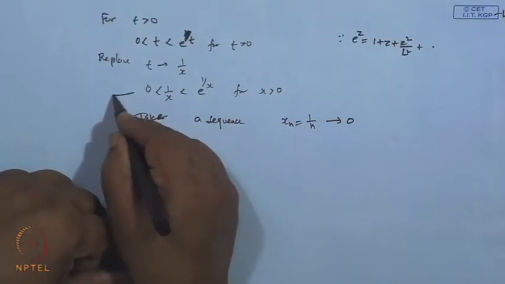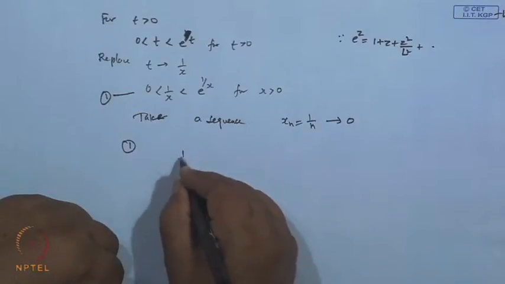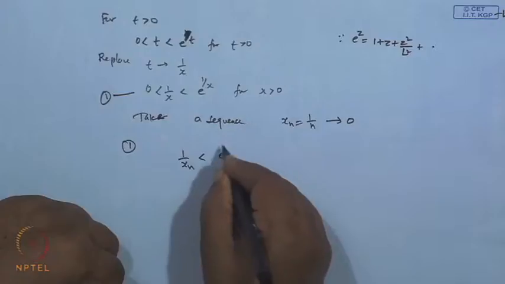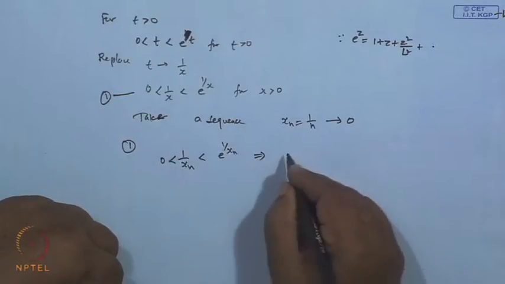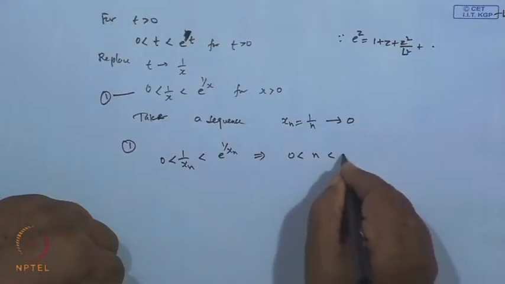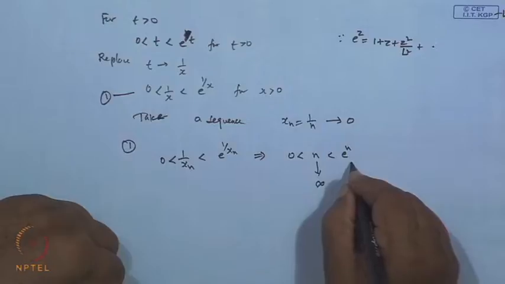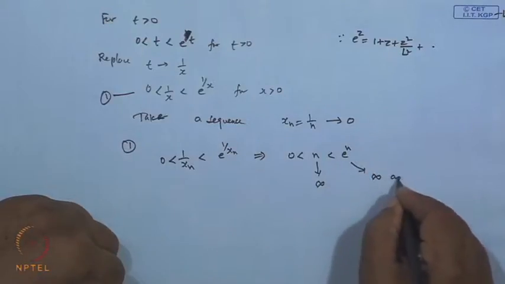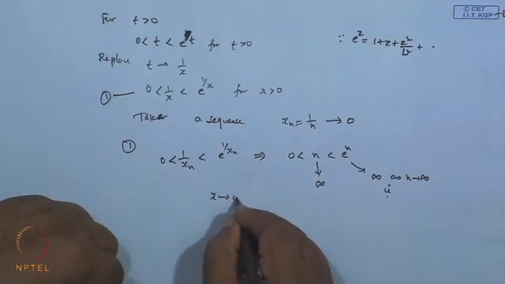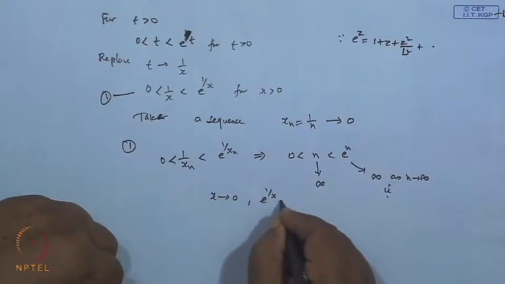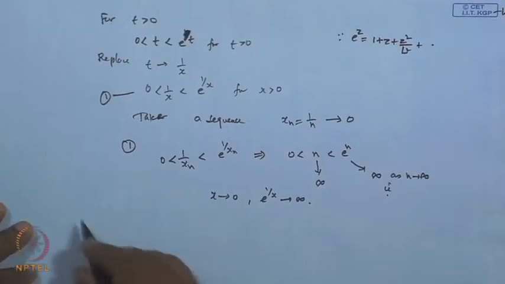From equation 1, what do we get? The corresponding sequence 1 by x_n, which is less than e to the power 1 by x_n, and greater than 0, will imply that 0 is less than n, which is less than e to the power n. Since this tends to infinity, this limit will go to infinity as n tends to infinity. That is, when x tends to 0, e to the power 1 by x will go to infinity. Okay. Now, on the other hand,